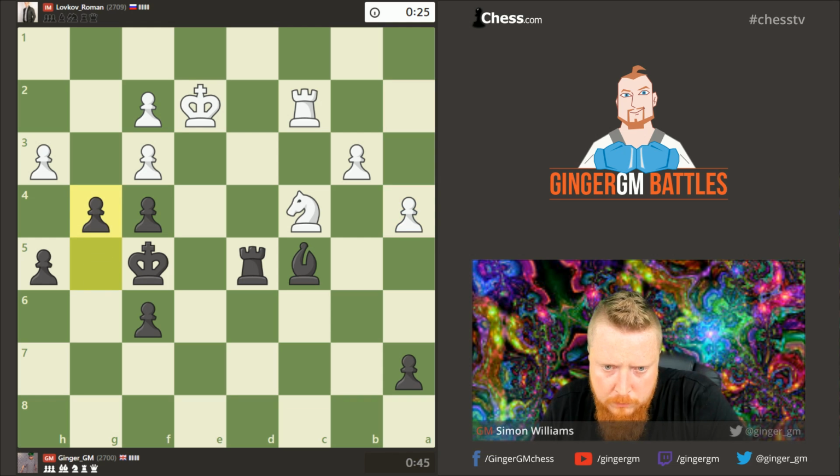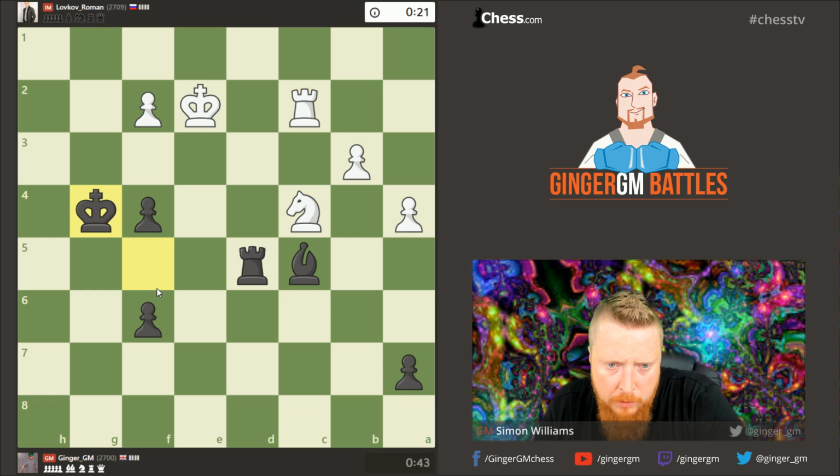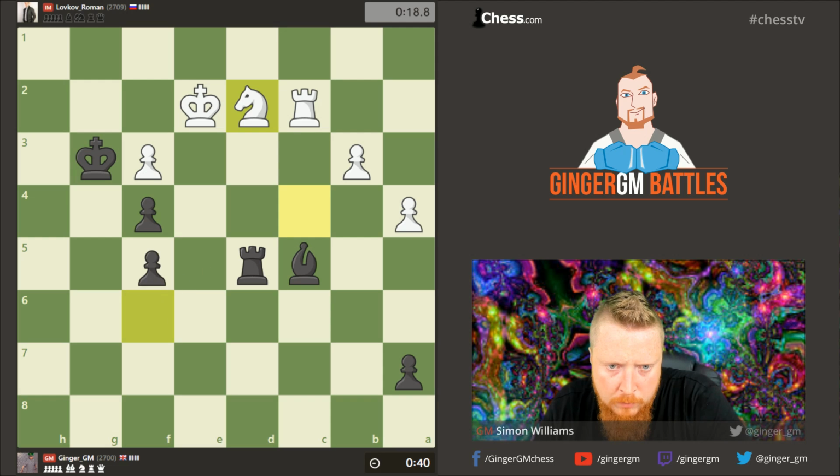Right, we'll do this. We will do this. The problem making these exchanges, I haven't got a passed pawn, but the reason I've done it is because my king is very active. Let's not allow that check. And I want to now...